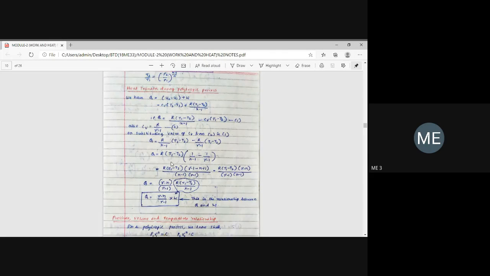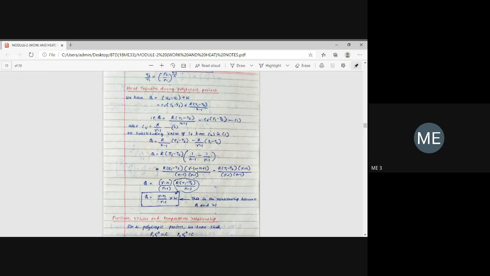R into T1 minus T2, LCM what is that? Gamma minus 1 minus of n plus 1. After simplifying, you get this term. And in the denominator, we'll get n minus 1 into gamma minus 1 after taking LCM. R into T1 minus T2, the bracket gamma minus 1 minus of n plus 1, divided by n minus 1 into gamma minus 1 in the denominator. Here minus 1 plus 1 gets cancelled. What will we get? R into T1 minus T2 into gamma minus n, because minus 1 plus 1 gets cancelled.